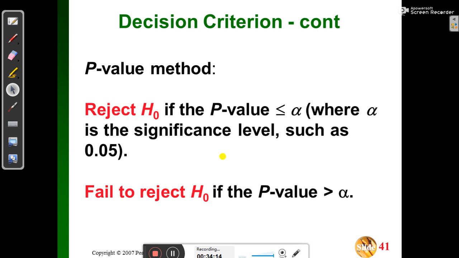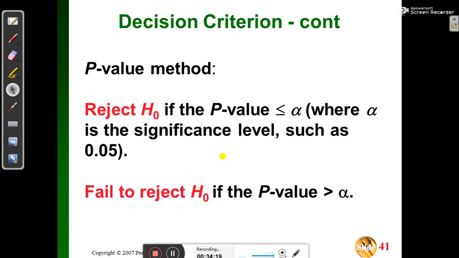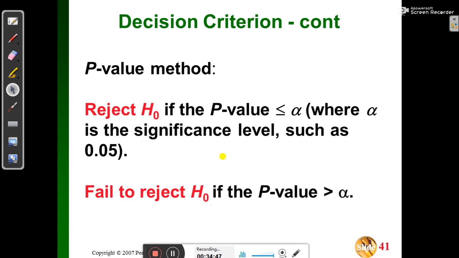These statements can be extended using the p-value method. Reject the null hypothesis H naught if the p-value is less than or equal to alpha, where alpha is the significance level. But we will fail to reject the null hypothesis if the p-value is greater than alpha, where alpha is the significance level, and the value of the significance level might be 0.05,